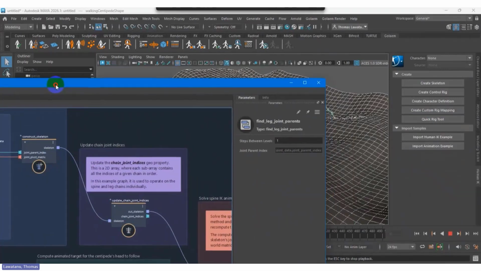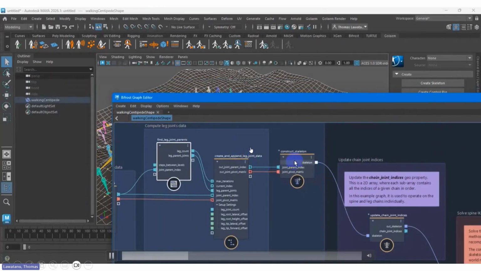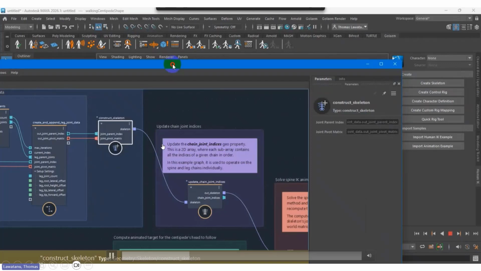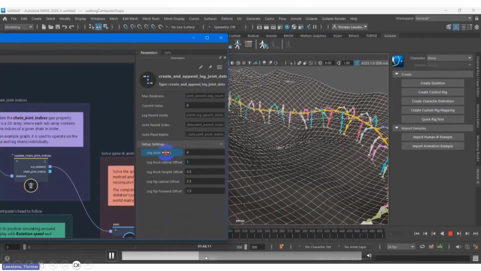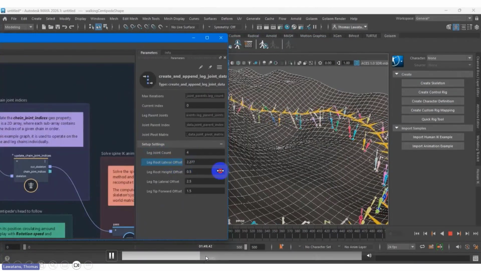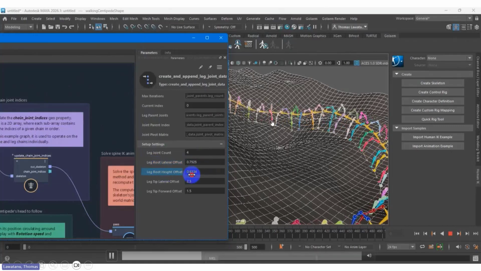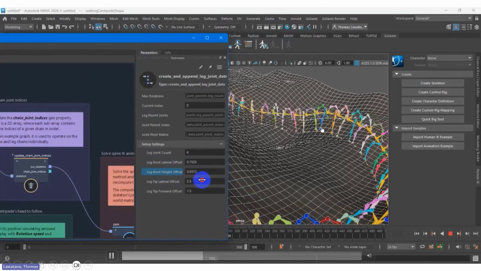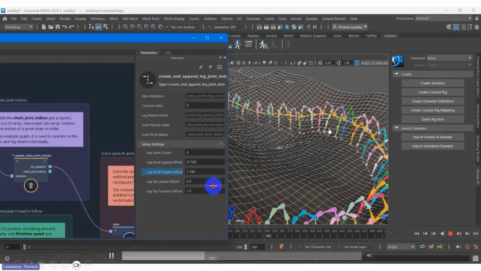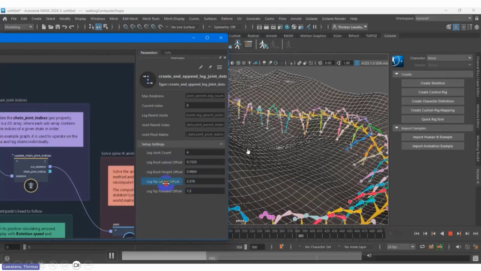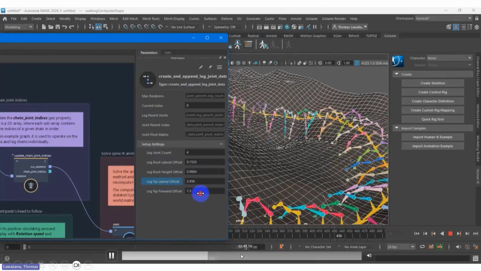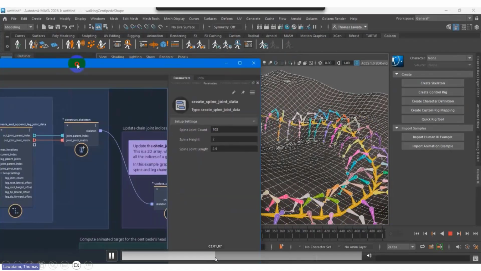Let's say I want to change the height of our character, so you can change the leg joint count and everything in the setup.